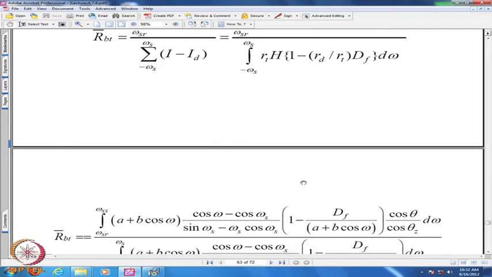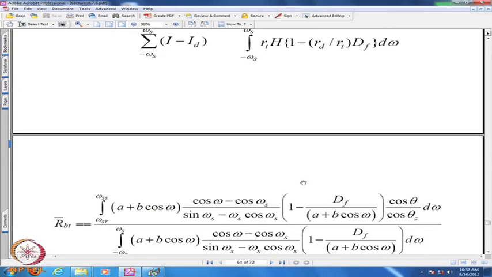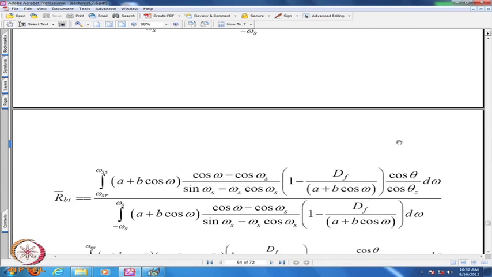So, now this is a function, one you should have a little bold heart to look at this integration. R t is a plus b cos omega times cos omega minus cos omega s, sin omega s minus omega s cos omega s, multiplied by pi by 24. I reduced one step, that gets cancelled with the denominator, and the other thing 1 minus